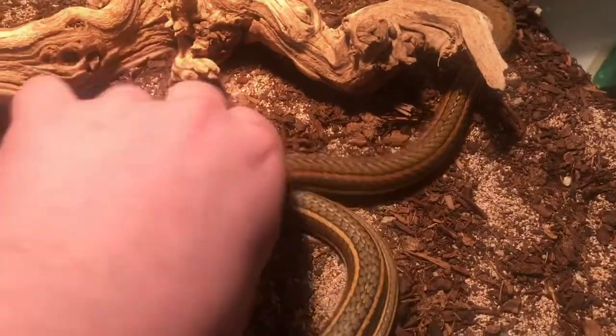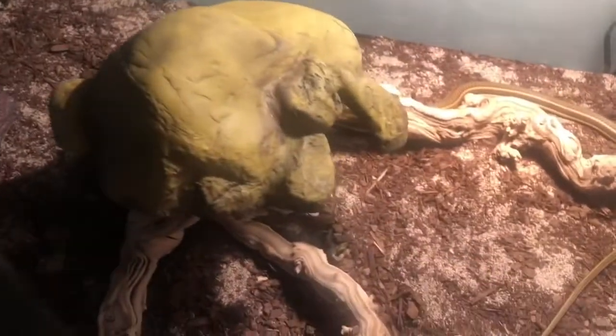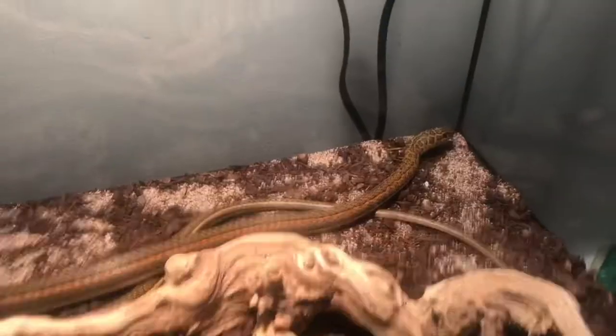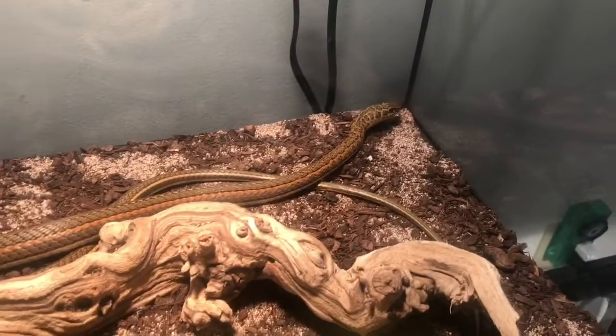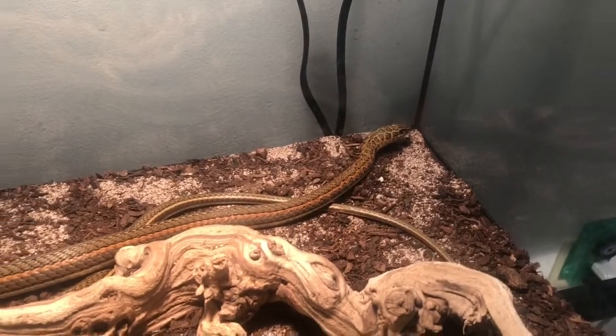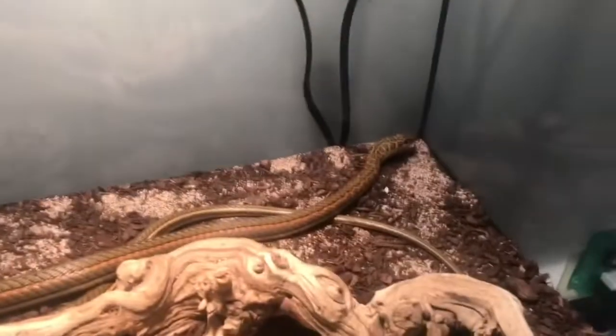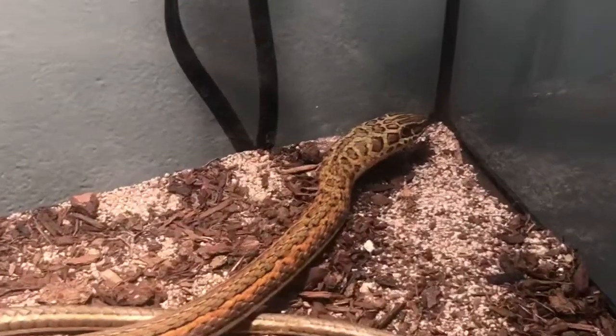This is a very skittish snake while it's in the cage. After I hold it for a bit, it's usually a lot more calm. In the wild, these guys feed on rodents, they feed on birds, they feed on reptiles such as lizards and smaller snakes. However, in captivity here, I am feeding it